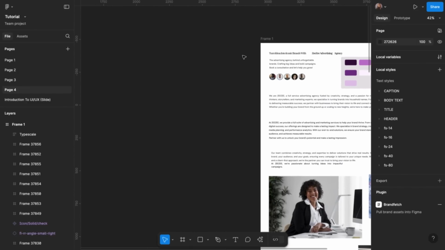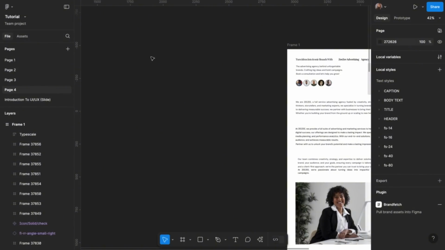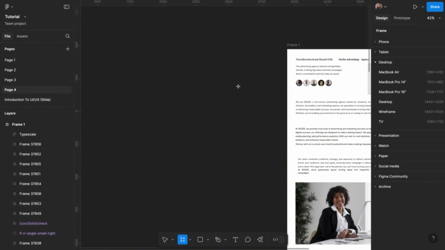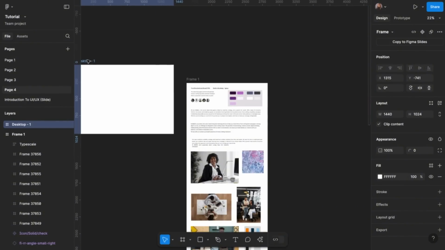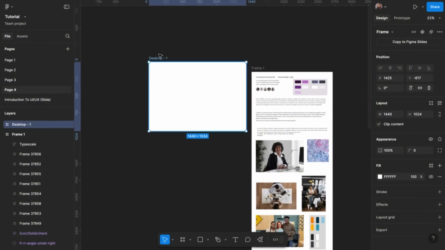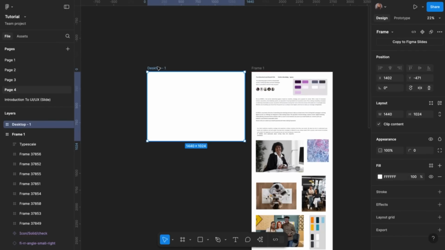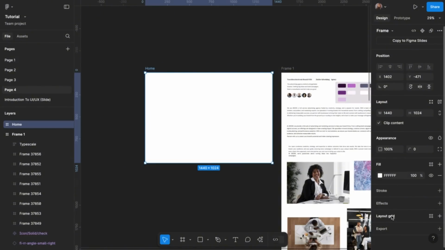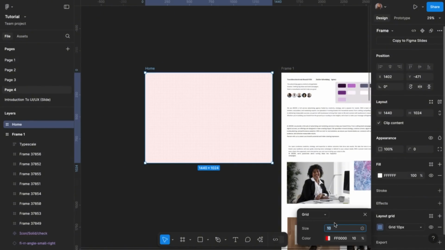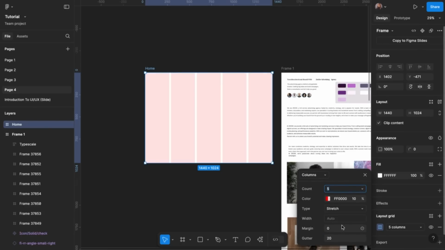We're going to start by bringing in our frame. So I'll hit F on the keyboard and come over here to pick a desktop frame. So I'll move it over to this place. Now I'll name this home and I'll add grid to this column. All right,